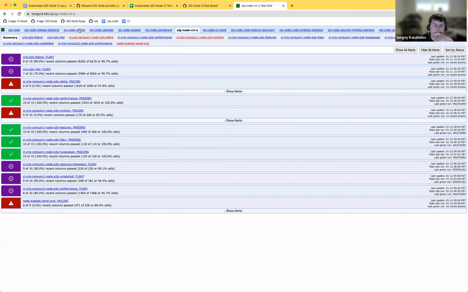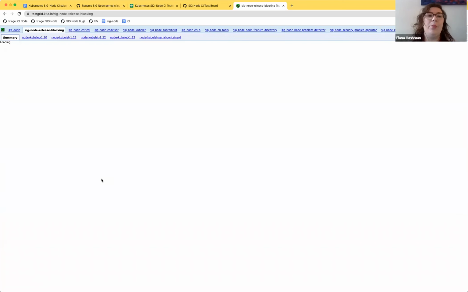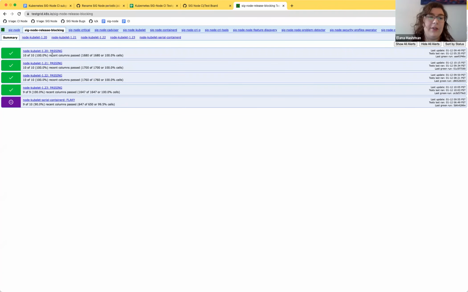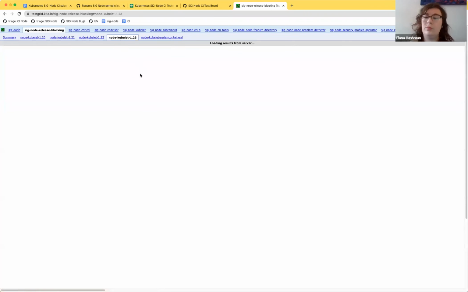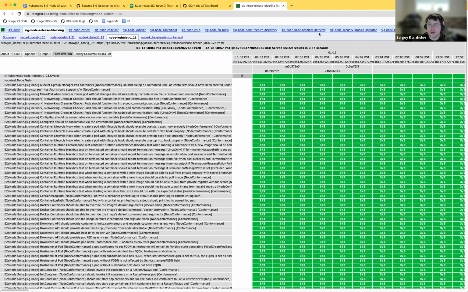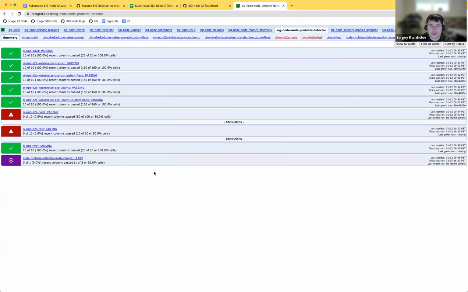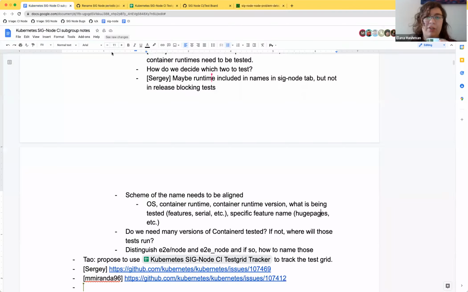Okay. Yeah, or swap is another one possibly. Okay, I don't see any others. CI. Yeah, node problem detector is a totally separate project.